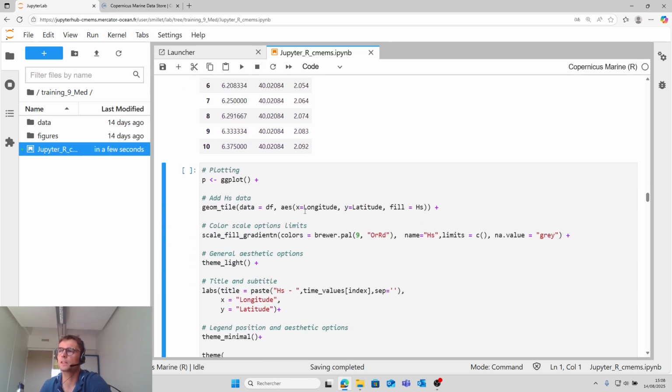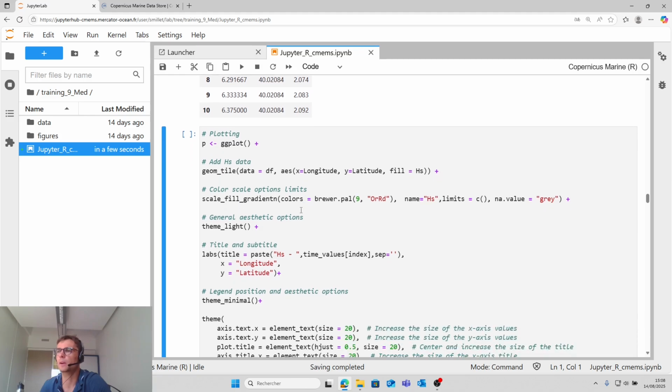For plotting the data frame, we use a ggplot function. We add the data with geom_tile. So with the data, you put the data frame here, the longitude, the latitude, and the variable. Here it is for the color palette. So you put the name of the color palette, and the limit if you want.